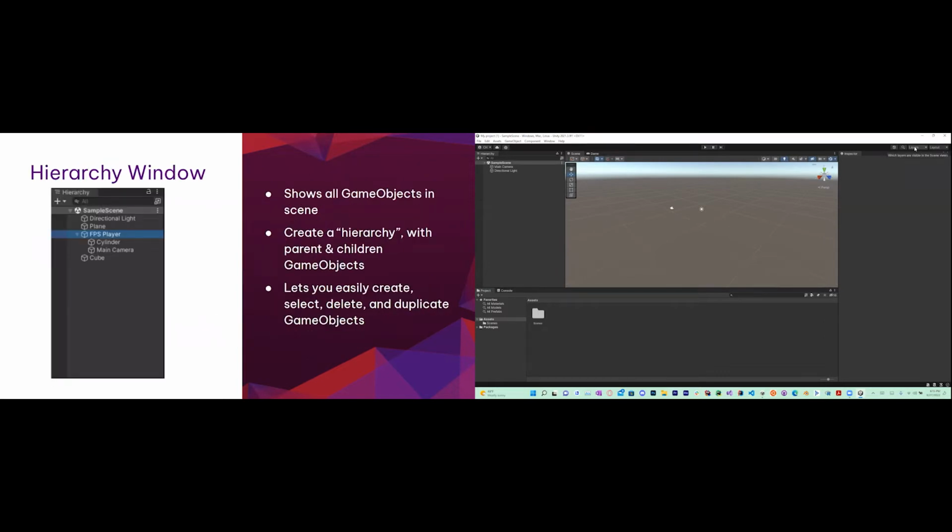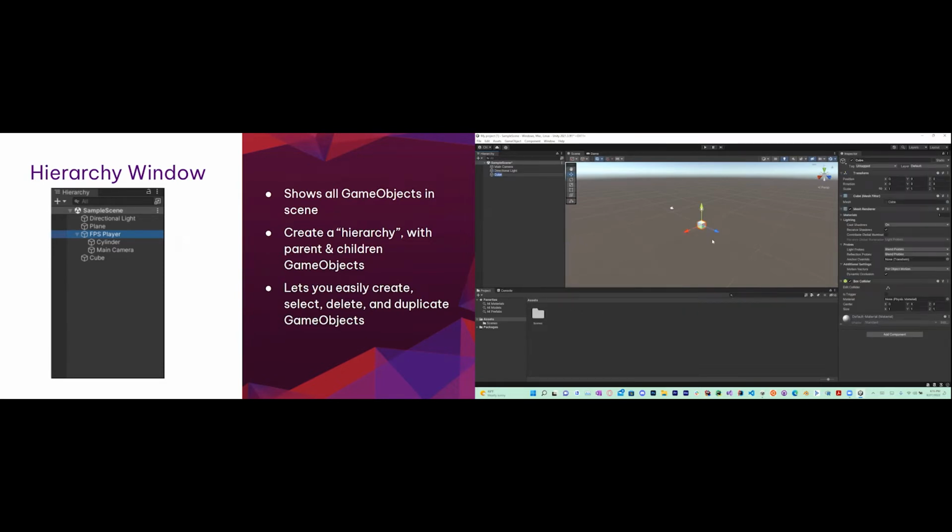So next is the hierarchy window. On the left side of the screen, we have all of our objects in our game. A quick way to add an object to your scene is to go ahead and right-click inside of the hierarchy. From there, at the bottom of the screen, you have a couple of different options. I want to create a 3D object right now. So by hovering over it and then clicking on cube, I will create a cube inside of my scene at